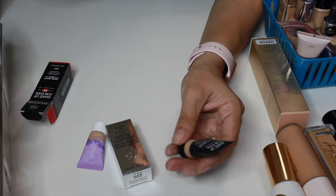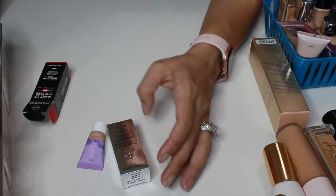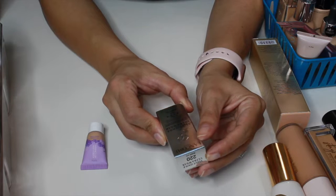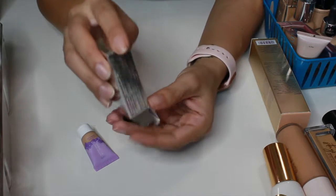What shade do I have of this? Y245. That is my shade. I'm going to keep this guy because I know a lot of people really like it. I need to throw out the packaging. And then I have the Lancome Teint Idole Ultra Wear,